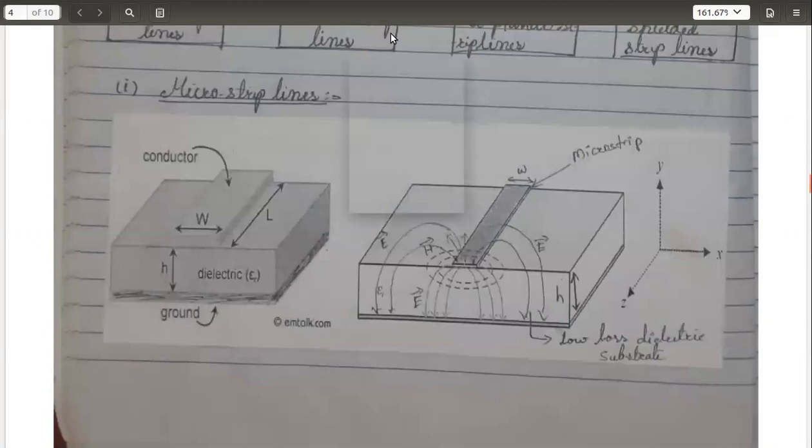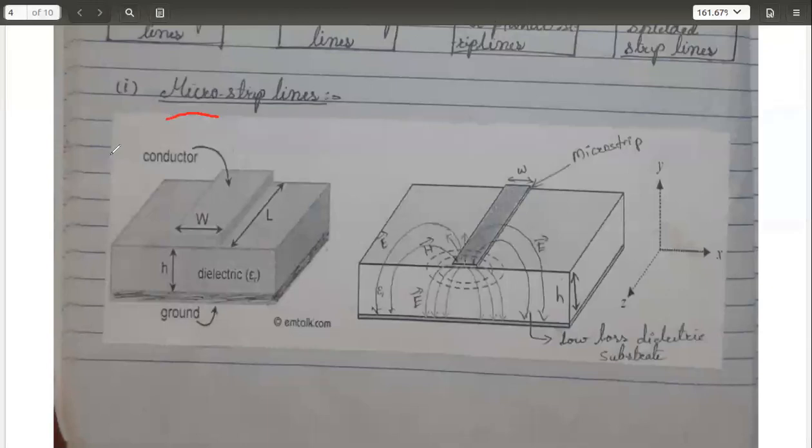I'm trying my best to make you understand how the practical things look. Instead of simply reading out and getting the derivations, you should practically relate to these concepts and devices, components, where you are using them, how they actually look. So I'm trying to get more practical images for you all. I'm trying my best for that.